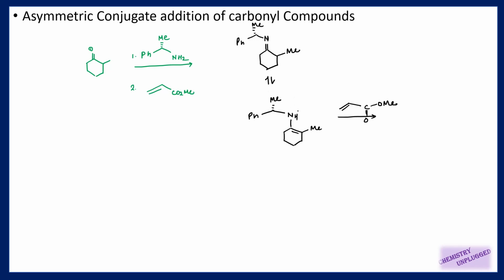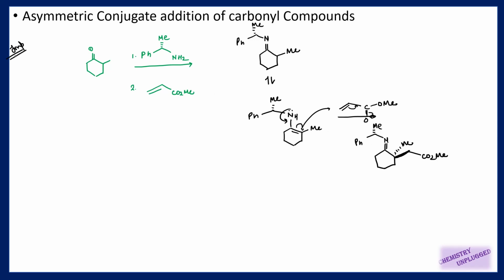So the reaction will be like this: the bond will shift here and then it will attack on this carbon because it will show conjugate addition, so it will attack like this. But the important thing is the attachment side of this group. Because this methyl group is on the below the plane side, this group will attach on above the plane. So this chiral auxiliary decides the attachment side of this alpha beta unsaturated ester, and this methyl will go below the plane. Then we can do hydrolysis to remove this imine group, right? And we can again generate this carbonyl compound. So this reaction is very simple and very important.